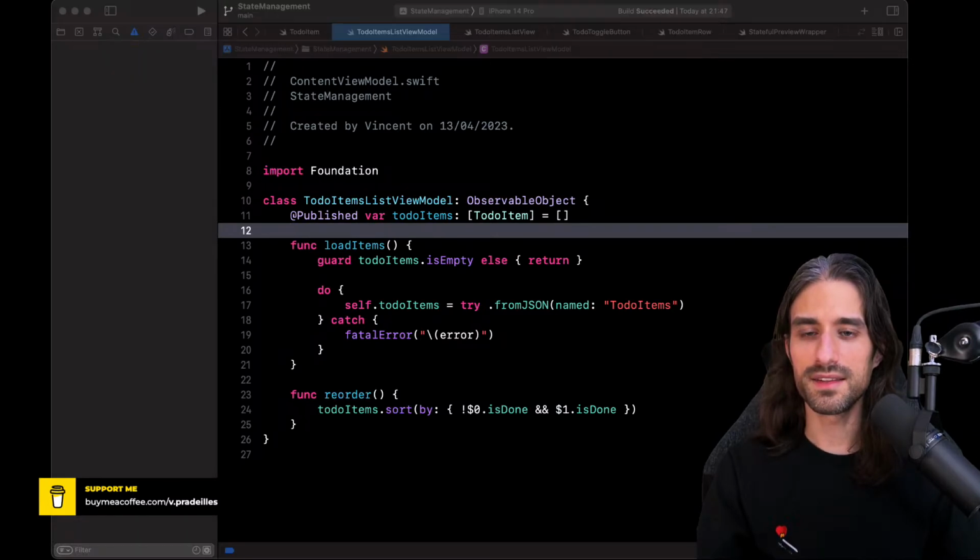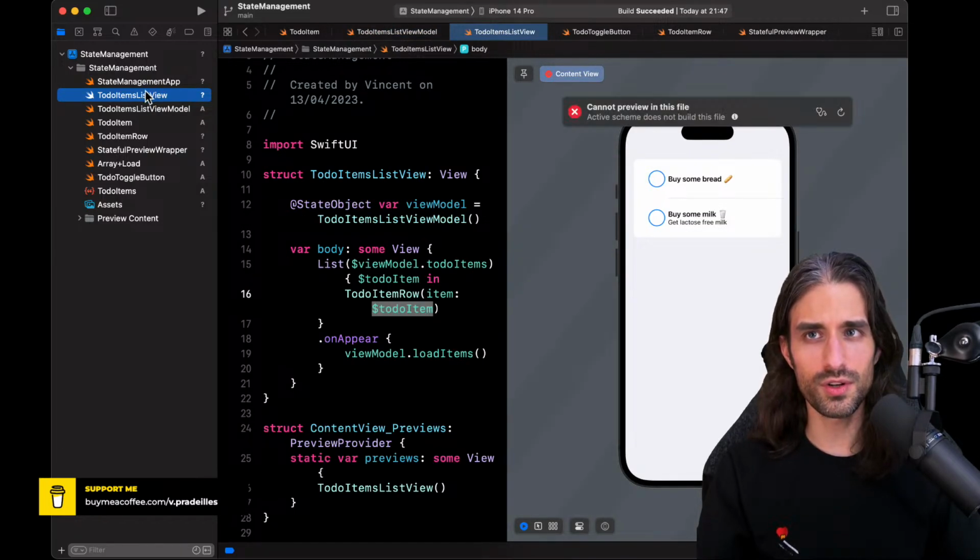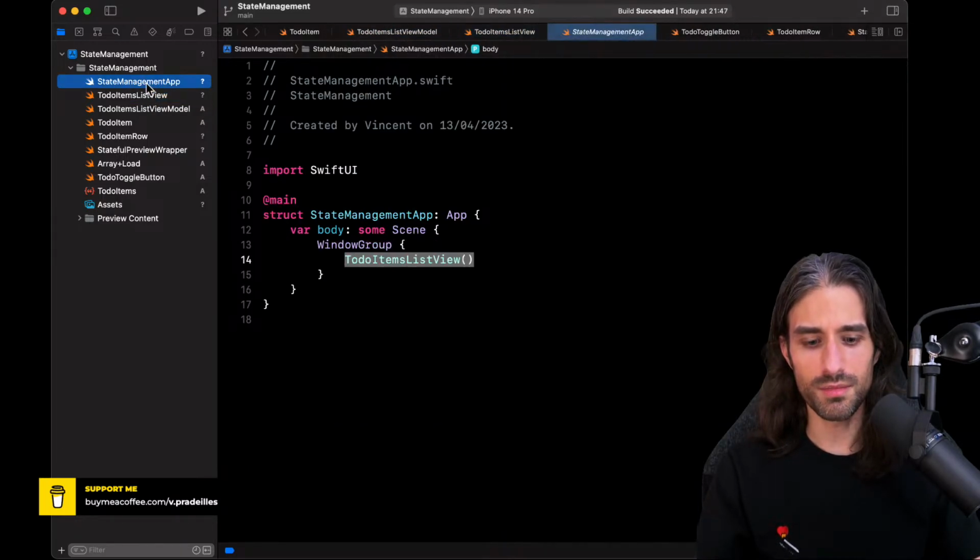And for that, I want to show you a little trick that I had come up with. And this trick is to have a binding in which we can intercept the fact that a new value was set to the binding. So I'm going to show you the code and it will become much more clear.